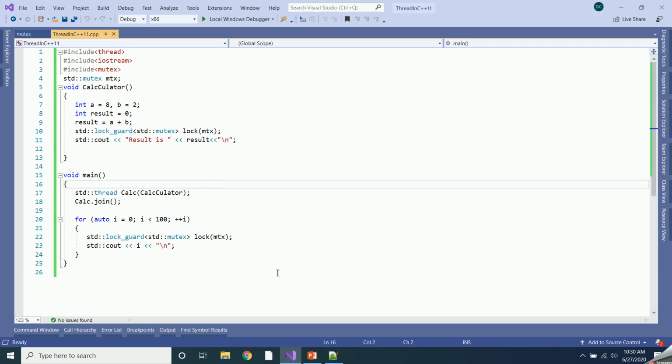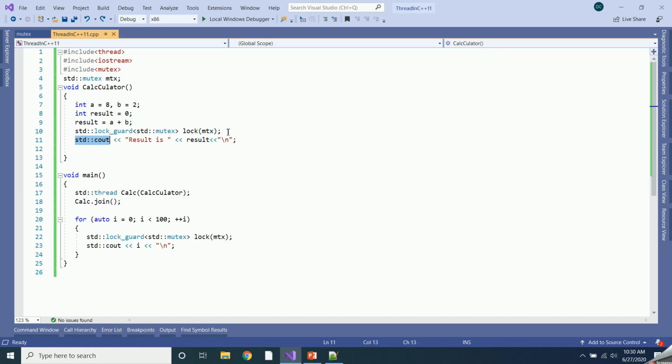So here I have a simple program where in the main thread we are creating a child thread, and this child thread performs some addition operation and prints the result. And in the main thread also we are doing some printing operation. So this std out, which is used to print the value on the console, is a shared resource between the main thread and the child thread.